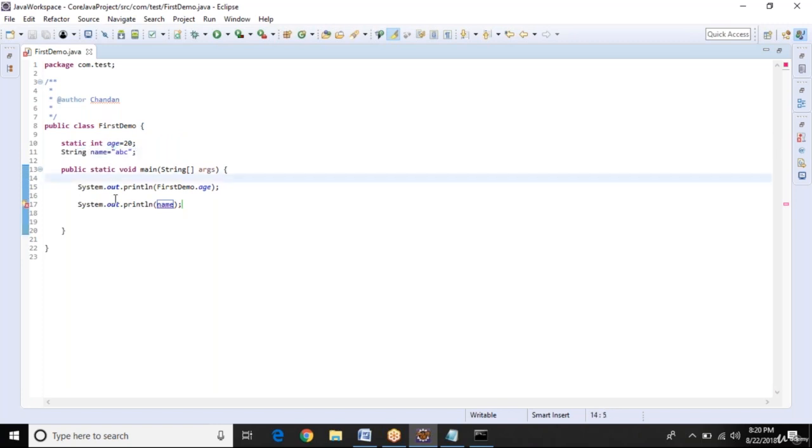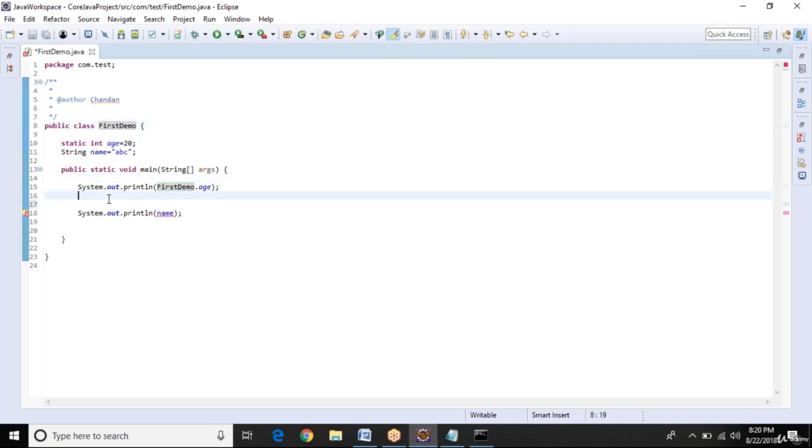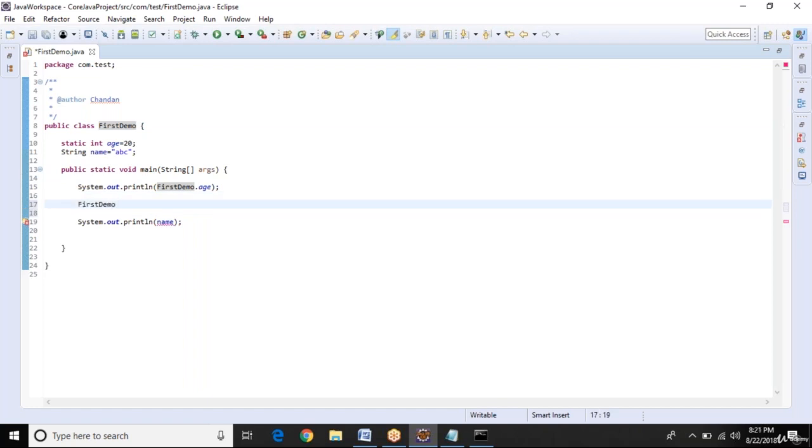So what we have to do is create an object. And how can we create an object? We will use the class name, FirstDemo, and then we can write any name here, obj, or abc, whatever you feel. So I'm writing obj equal to, now we have to use the new keyword, which initializes the memory for this particular class. We will discuss what types of memory we have later. Right now I am creating an object of the FirstDemo class.